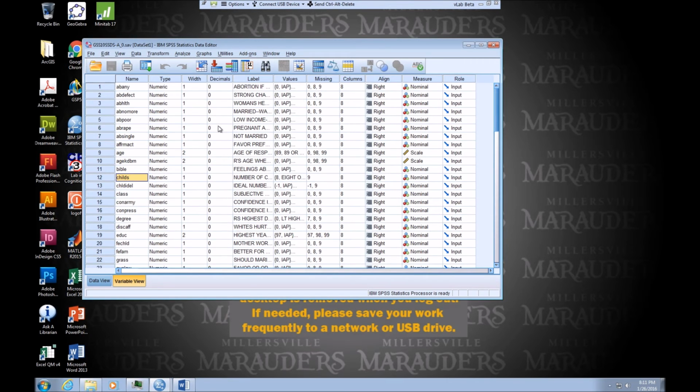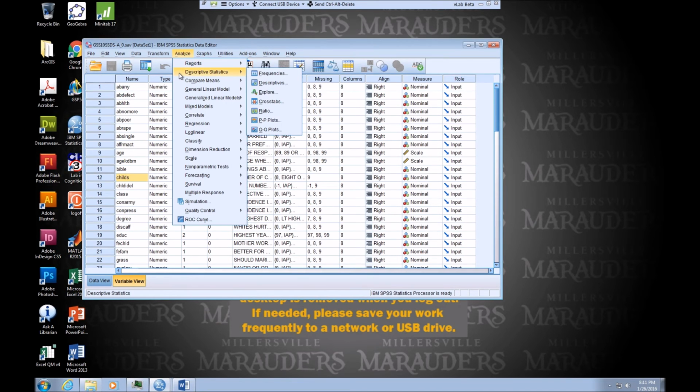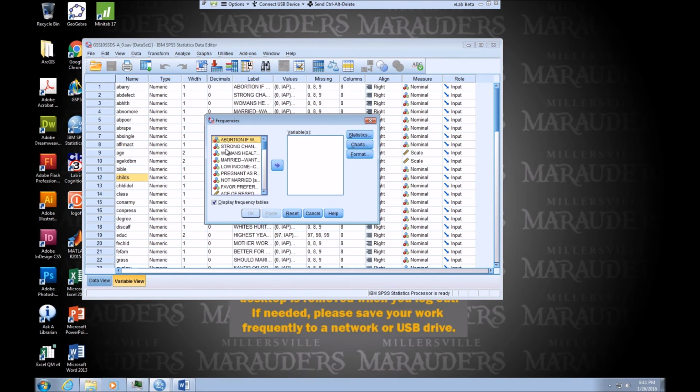Alright, we're going to run a frequency table here. You want to go up here to Analyze, scroll down to Descriptive Statistics, over here to Frequencies. Now on your left-hand column, this is where all your variables are going to be. Okay? And if Dr. Case Lilly gives you a variable name and not this description, it's going to be difficult to find it. So I'm going to teach you a quick way to organize these so you can find the